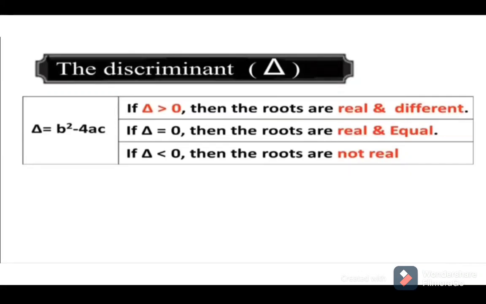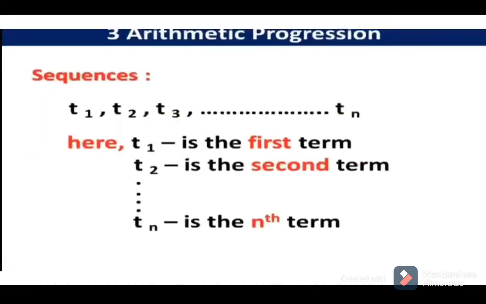Okay, now let's move to the next topic, that is arithmetic progression. Now, do you know what the meaning of a sequence is? A sequence is a set of numbers where the numbers are arranged in a definite order, like the natural numbers. In a sequence, ordered terms are represented as T1, T2, T3 and till Tn, where T1 is called the first term, T2 is called the second term, and Tn is the nth term